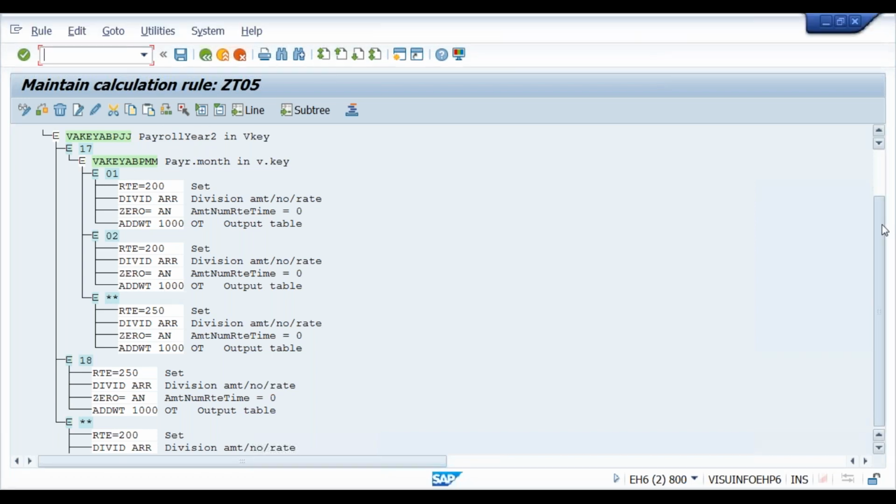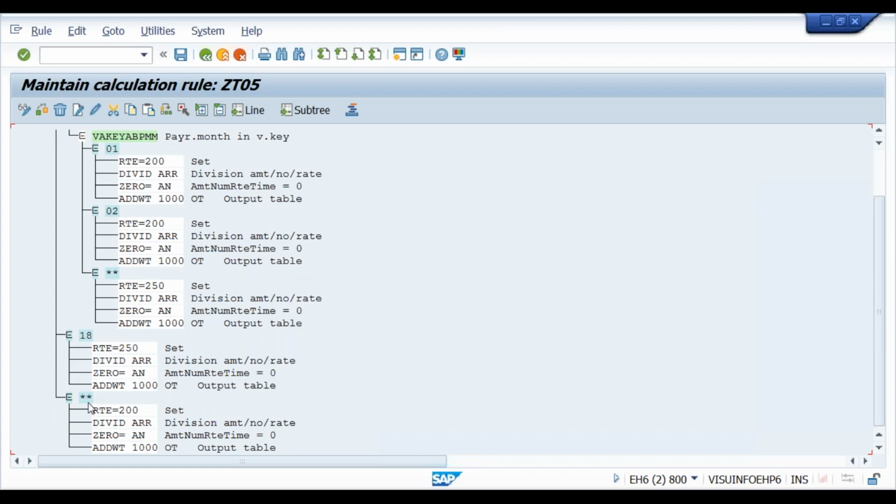What if the year is 2019? Where will it go? It will go to star, right? So again you need to add 19 here. Like this, every year you need to add continuously. Or if you want to add for 10 years, that's fine. Even after 10 years, you will have to come back to this PCR. Clear? Every year you have to change this rule.